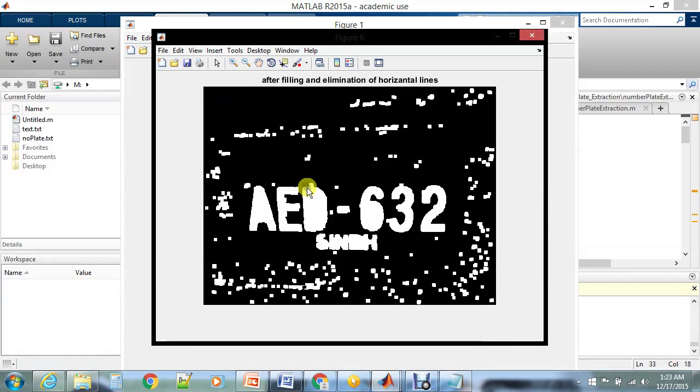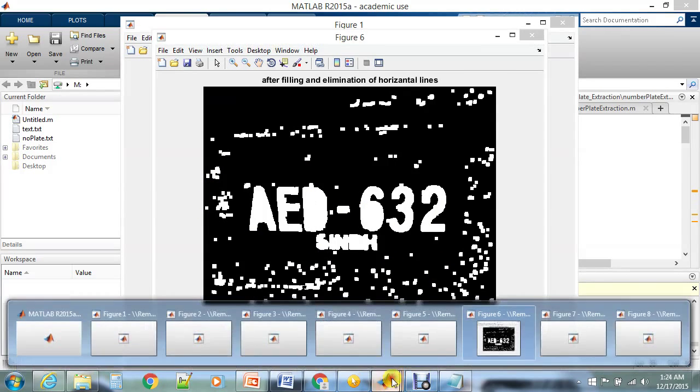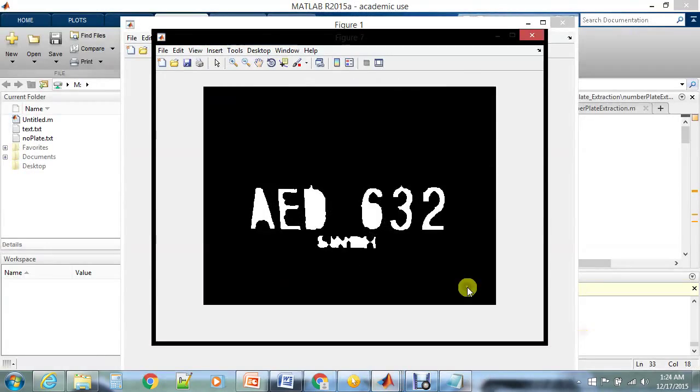And then we fill the inside of the characters. This filling is done as said in the presentation. The filling is done for efficient template matching. And this is the input image to the character recognition module. As you can see, this is near perfect.